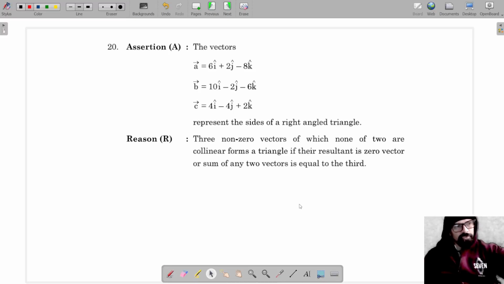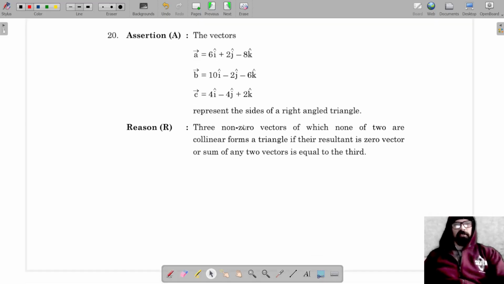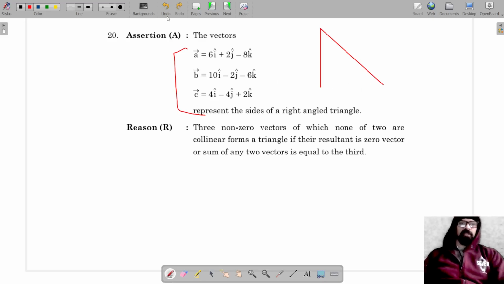Okay, for question number 20, it is given that these vectors represent the sides of a right angle triangle. And we know that the right angle triangle is the one in which one angle is 90 degrees. And if these are the sides of this right angle triangle, that means